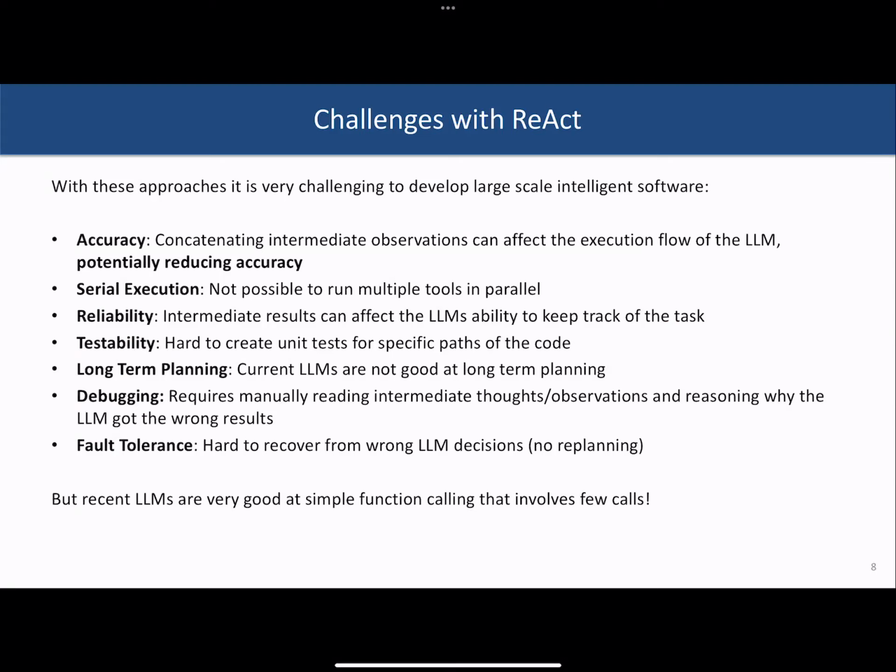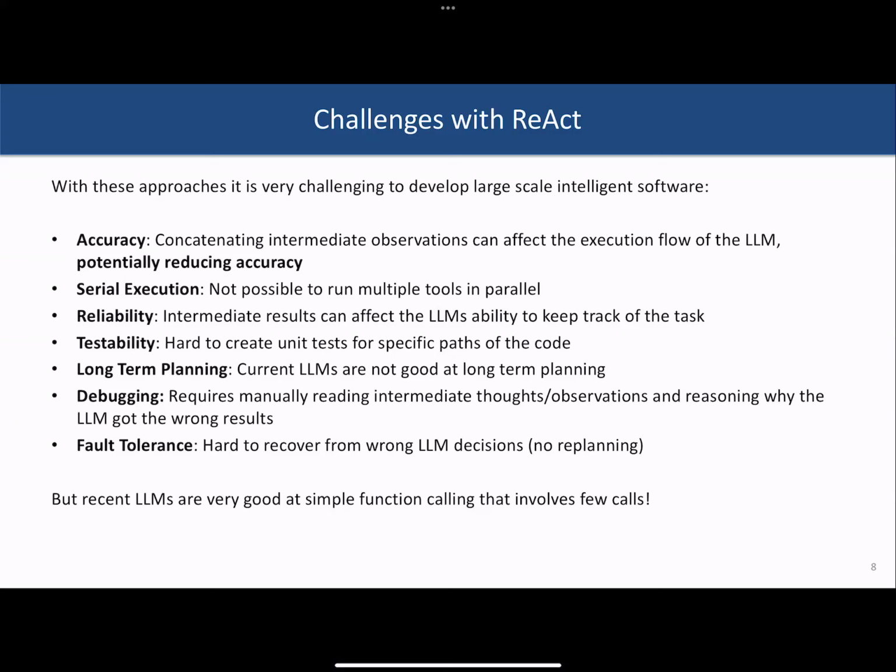There's a question around testability. If I'm developing a very large scale system, imagine maybe a couple of years from now, we have thousands of APIs and we have large scale intelligent software. How can we write unit tests for this, right? We can't just have complete integration testing cover everything. It's actually very difficult to do that.